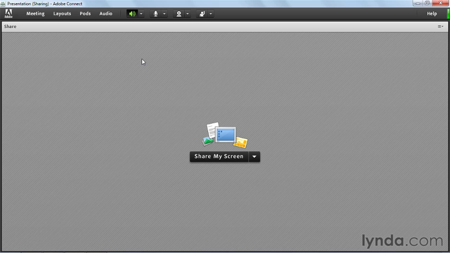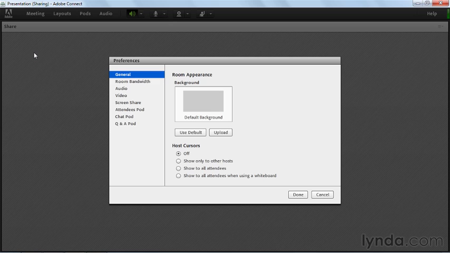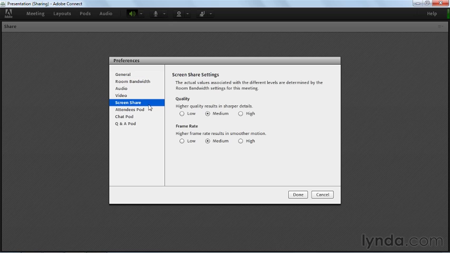Oh, and one more little tip about screen sharing. Screen sharing is a fairly bandwidth-intensive thing to do. And so you may want to control that just a little bit, because if you're using a lot of bandwidth, there may be a lag time between what you're doing and what your audience is seeing. And you can control that under the meeting menu by selecting Preferences. The preference I'm interested in is Screen Share, and you can determine the quality and the frame rate for your